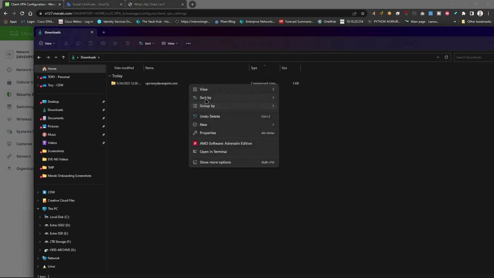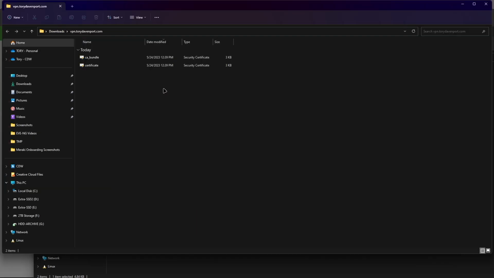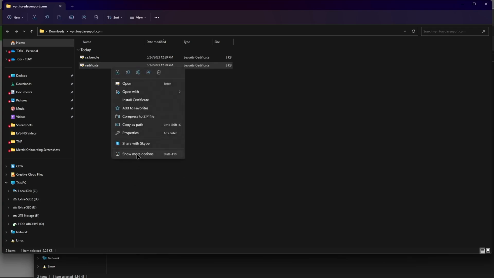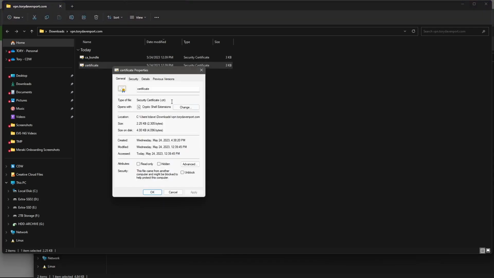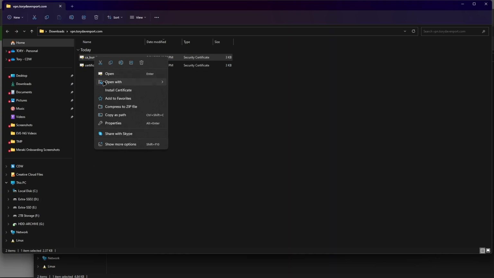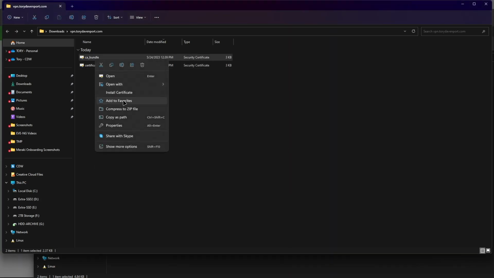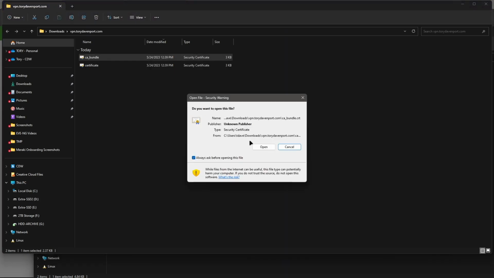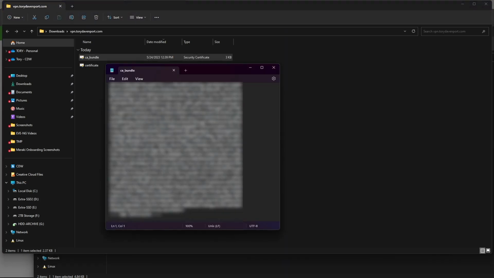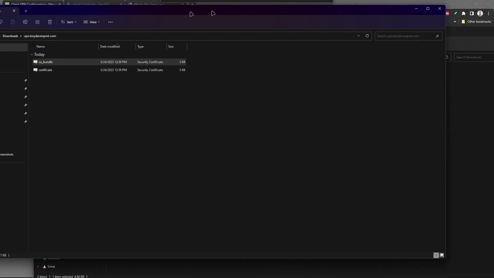All right, so I'll go ahead and just extract these files. And then, so this is what we're going to upload, right? So we'll go to properties, and this is a .crt. So this is our device certificate, but the CA bundle that ZeroSSL gives is not exactly what they're looking for. So if we go ahead and open with Notepad, we get a certificate here that's our CA bundle, but we need to combine this into the full